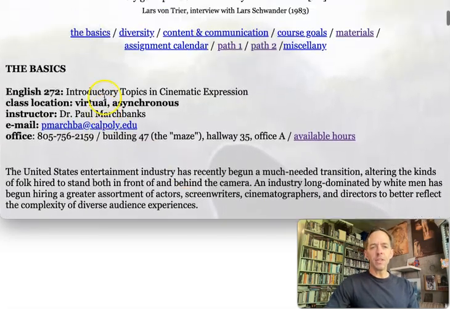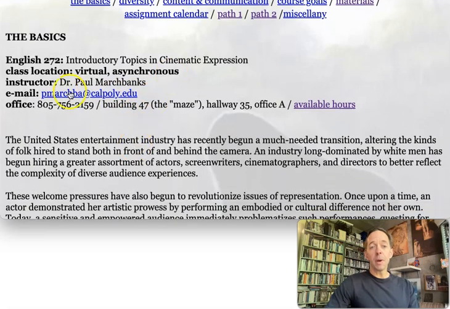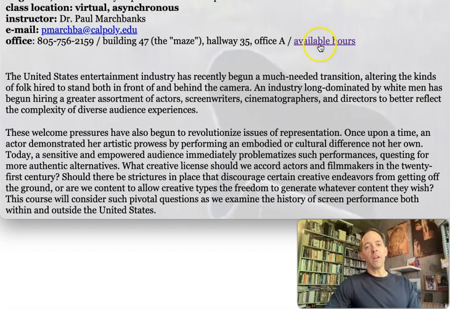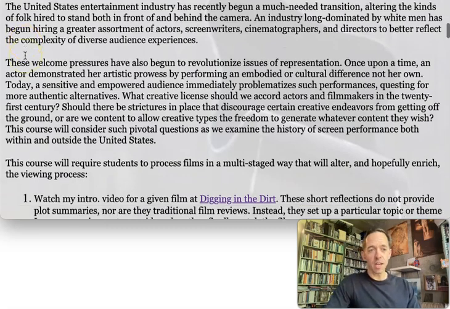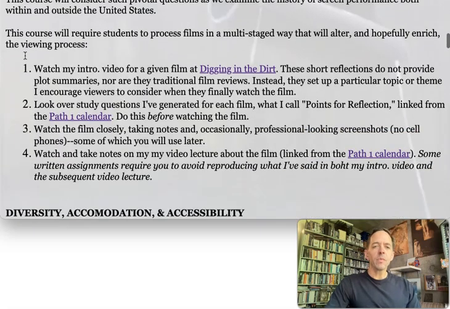This first bit under the basics basically encourages you to reach me by email, and my available hours are going to be mixed over the summer because this is an asynchronous class, but I am usually going to be available. And this is an overview about the way that film has changed in recent years. I'm not going to read every line from what I'm about to present to you. It is very important that you read all of this material on your own so that you know what's coming, and so that if you have questions about any particular assignment details or logistics, you can follow up and ask those via email or Zoom. I will point this out.